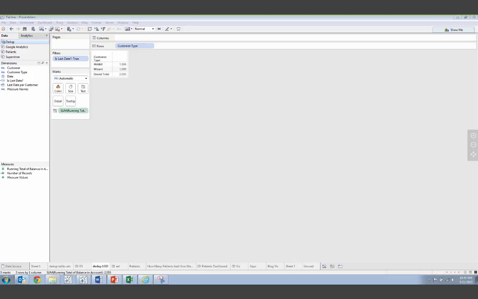But if you want to find the nth day of purchase of a customer, then you need to be able to order your data to figure out if it was the first, second, third, fourth time that they made a purchase. And so in that case, you would need a table calc. So that's the main difference, this ordinal property of the data.